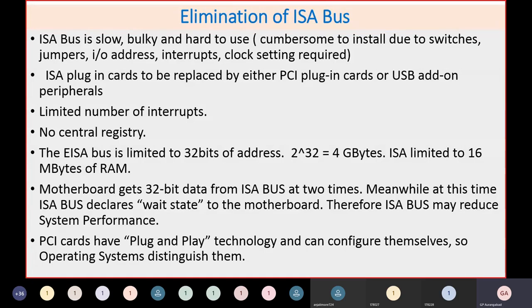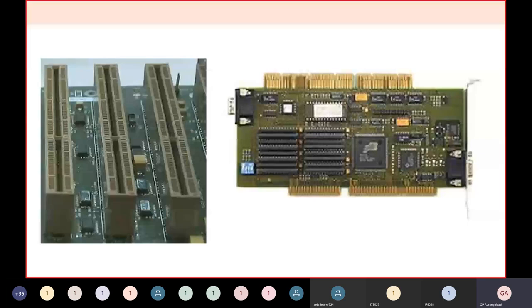When will this be made available? If you have one particular card which has to be used, as this is not available in the PCI or PCI Express category, then in that case, if you have to use this particular card in today's motherboard, you'll have to specifically design a motherboard which will accommodate an ISA slot, and using this ISA slot you can use that old required card in your machine.